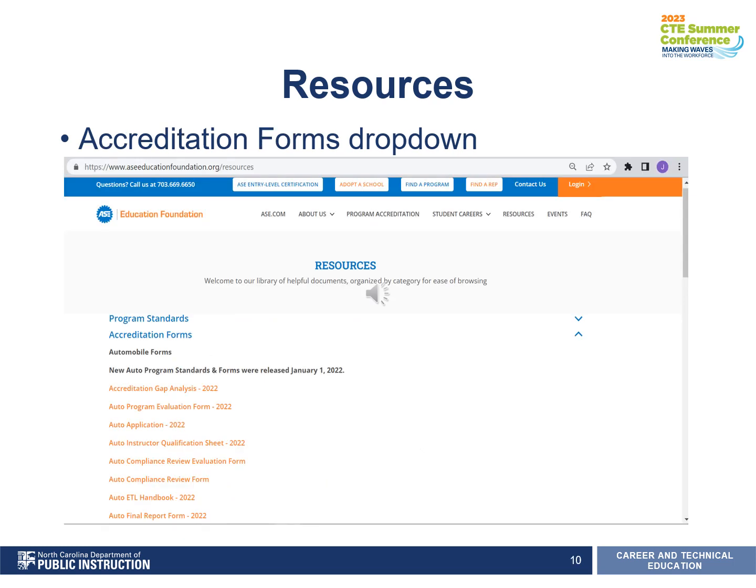Next, let's look at the accreditation forms drop down. By clicking on that, it will open up all the forms. Besides just automotive, there's collision repair, because ASE accredits collision repair programs and also truck heavy equipment programs. So let's zoom in on the accreditation forms for automotive.